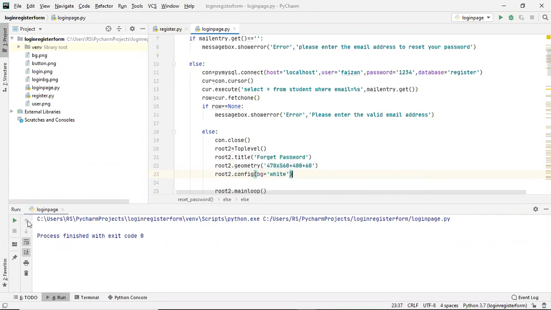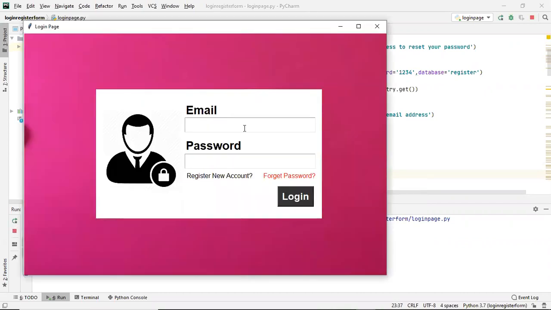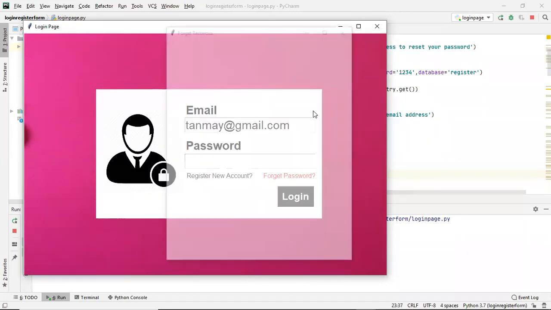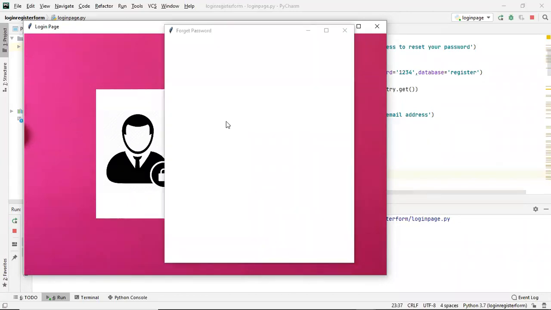So till here, if I run now, I have to enter the correct Gmail ID every time to be able to see that window. Now you see we got the white color, the title here, and the size of this window, and from the x-axis it is at a distance of 400, and from the y-axis at a distance of 60.